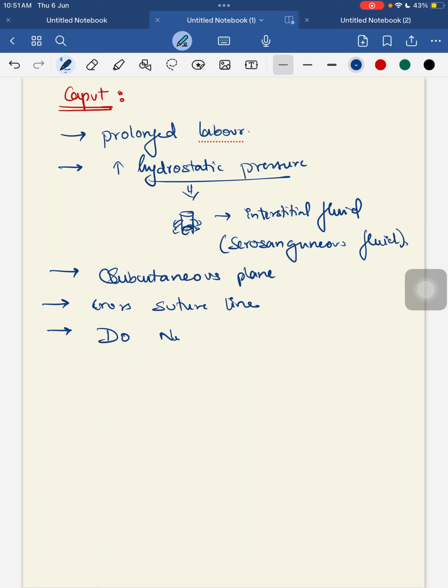Yes, and no treatment is indicated for this. Next, going on to our second injury, that is our